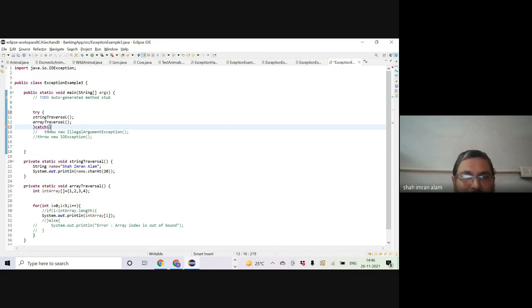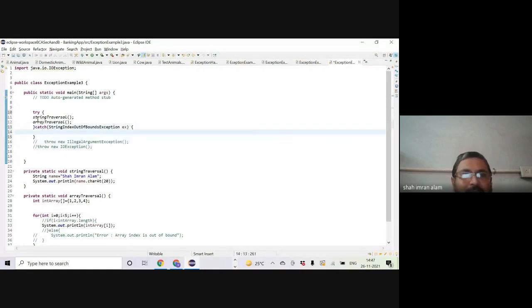Let's say it's a StringIndexOutOfBoundsException ex, and here I'm going to print an error message for the sake of knowing that this code is being reached from the catch block of the string traversal method call.